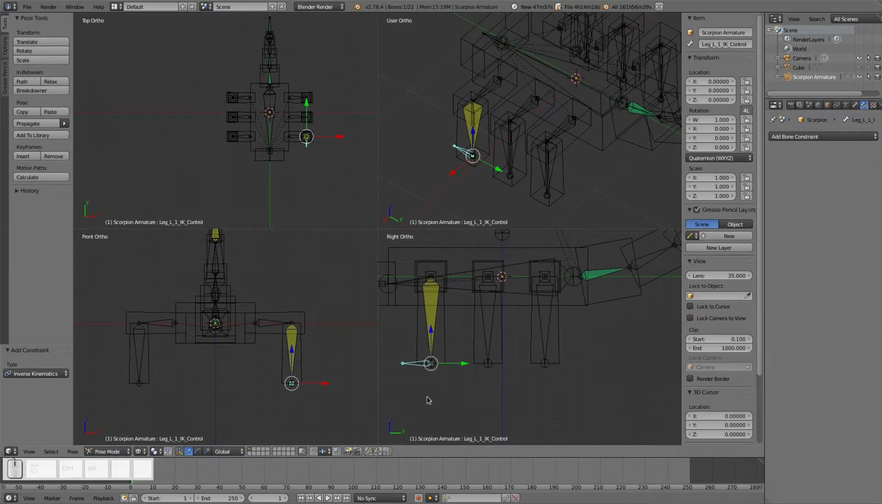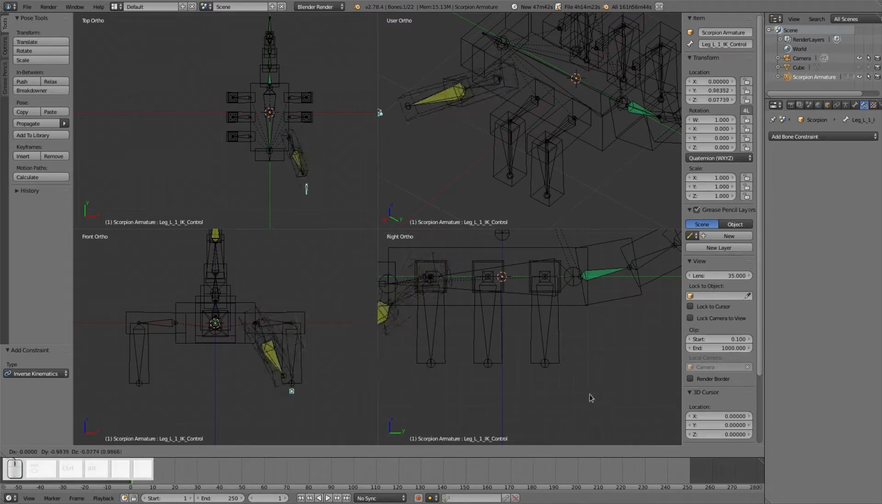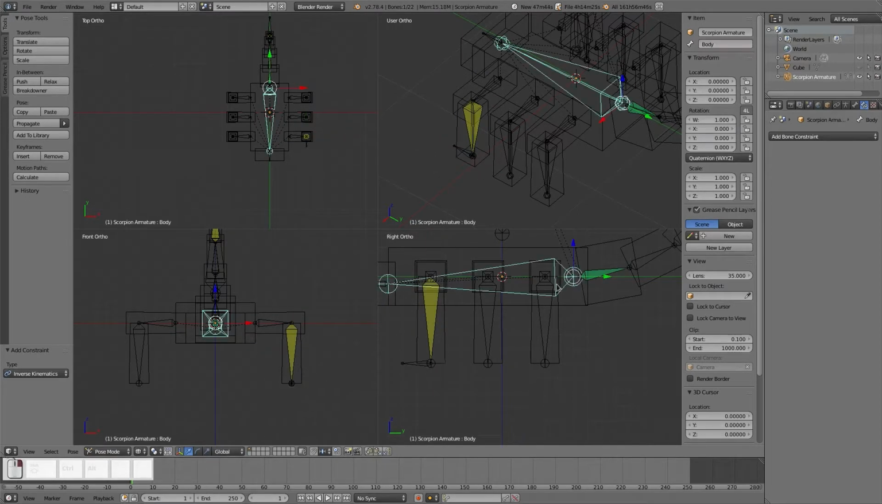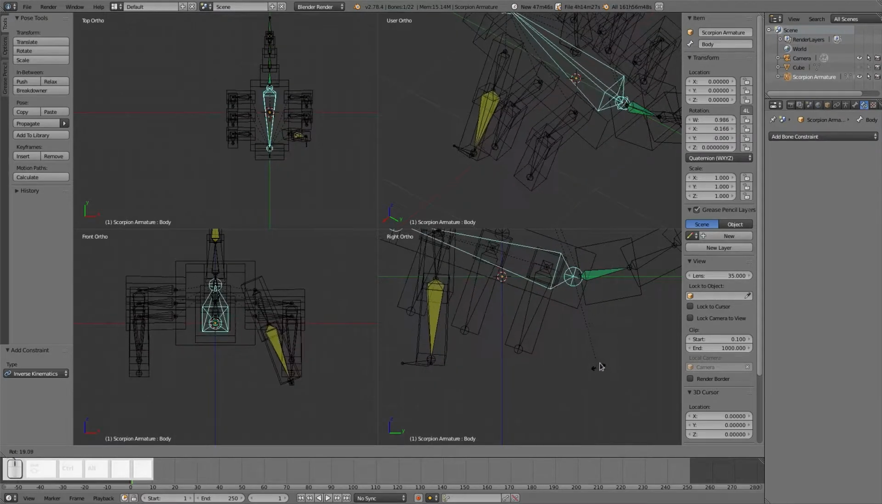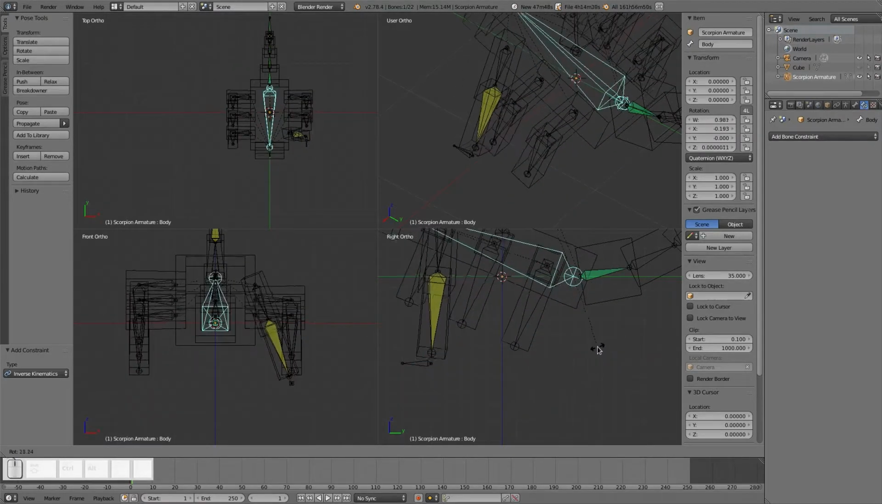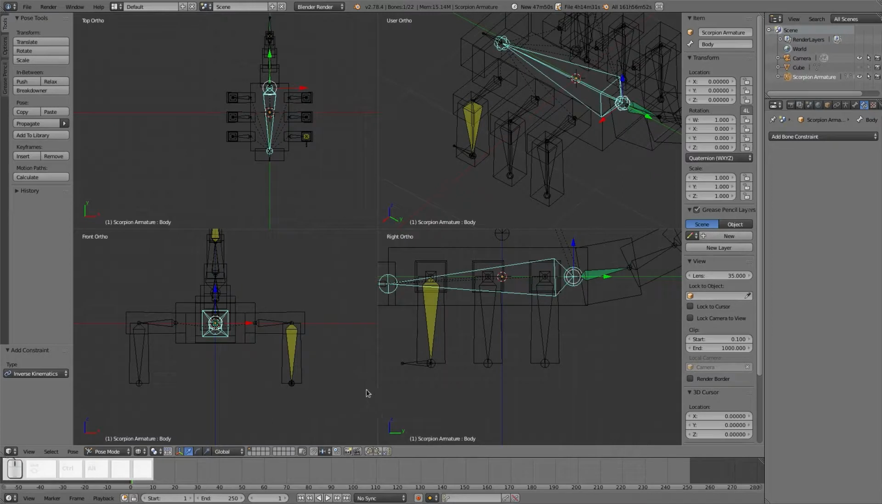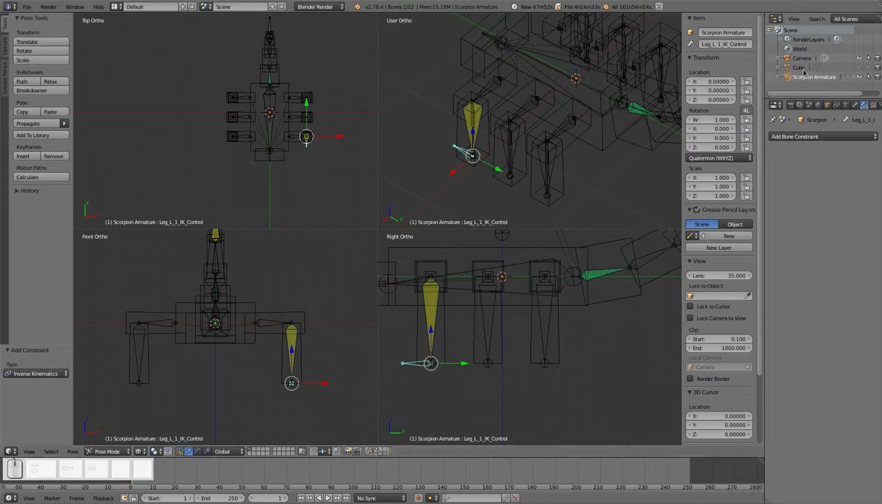So now if you move this foot, the leg moves with it. And if I did this right, we move the body and the leg stays put. Pretty nifty. Now, let's turn this world cube back on